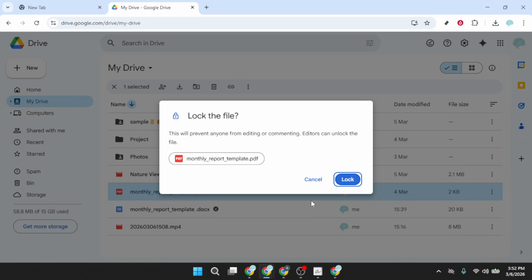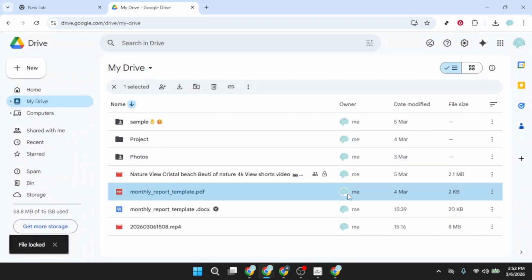A confirmation prompt will appear to make sure you really want to proceed. This is a safeguard so you don't lock a file by accident. Click Lock again to confirm. After you confirm, the file is locked. That means collaborators won't be able to make edits or apply suggestions, and it helps preserve your file in its current state. Think of this as a way to finalize a document or keep a shared file stable when multiple